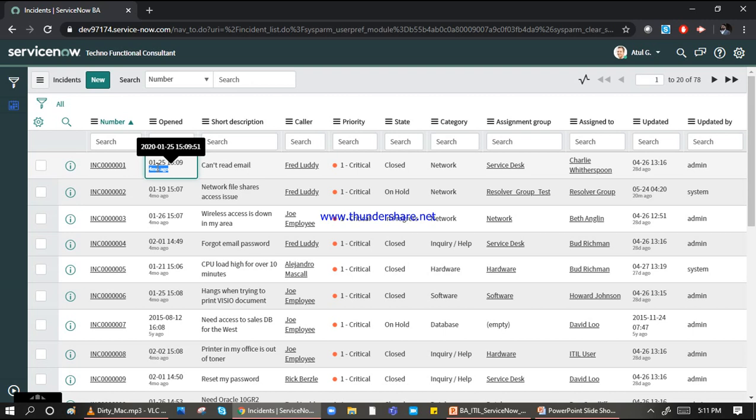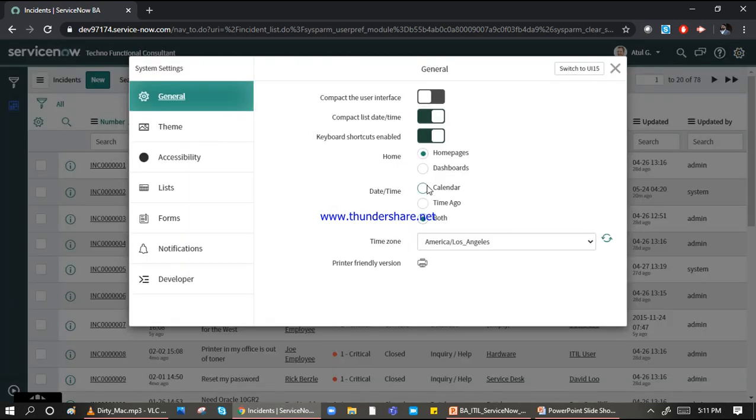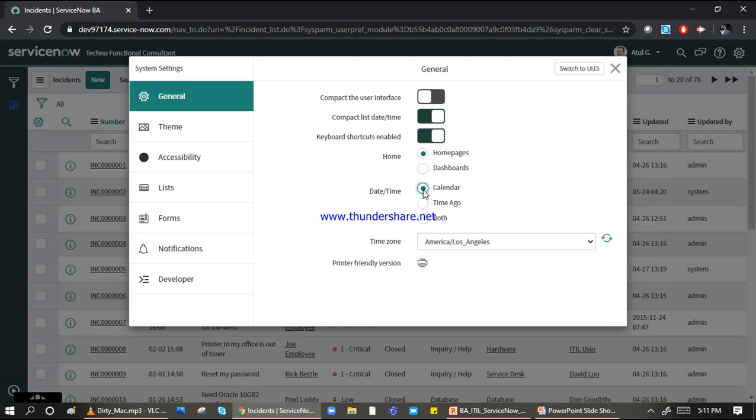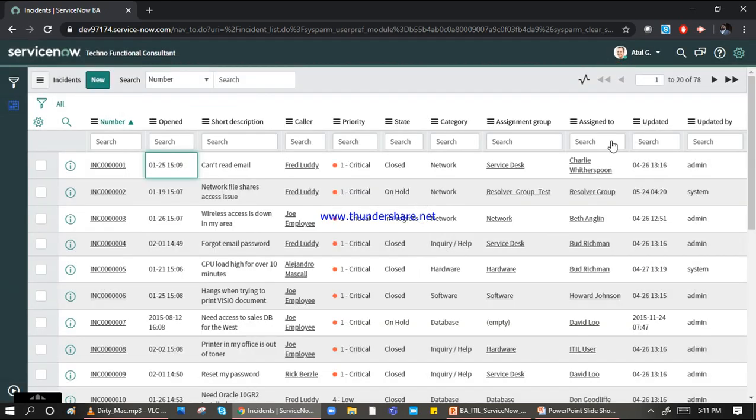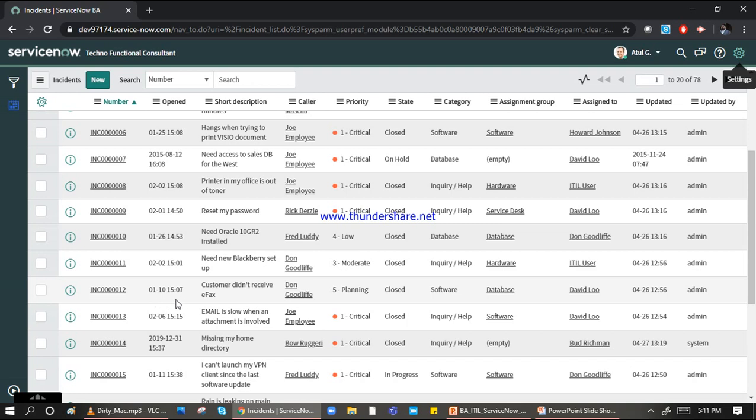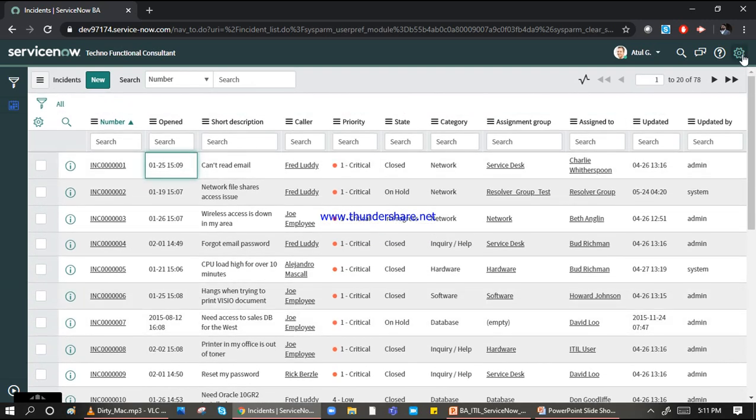Okay, now if you click here, you can see on the top. So you can go here. If you option click here, calendar, then it will only display the calendar. So as I click on the calendar now, you can see here it's showing only calendar here. Okay, I go back here